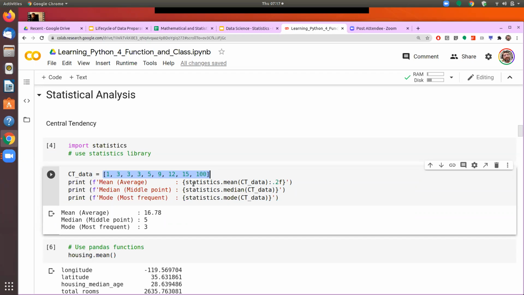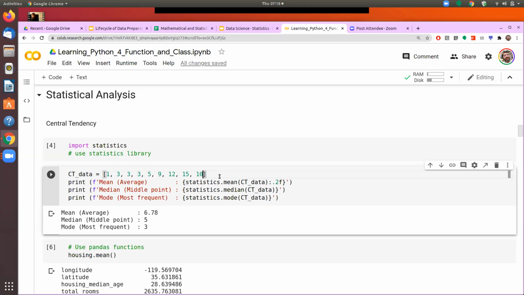Now we just take statistics.mean, and then we pass this variable, and this part is just for formatting. We want to see the output in decimals. So when we run this, we get the mean, what you saw there. Now if this was not 100 but 10, and that's what the more cohesive data would look like, that all of them are in the close range and none of them is actually very much outside that range, the number is coming to 6.78.